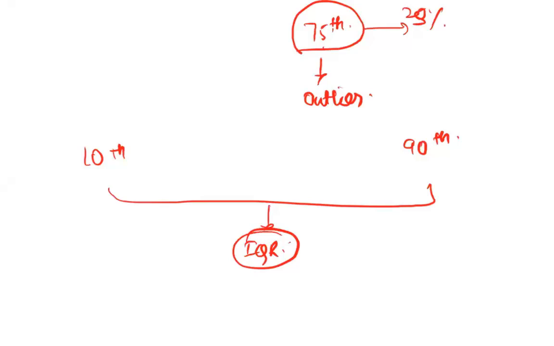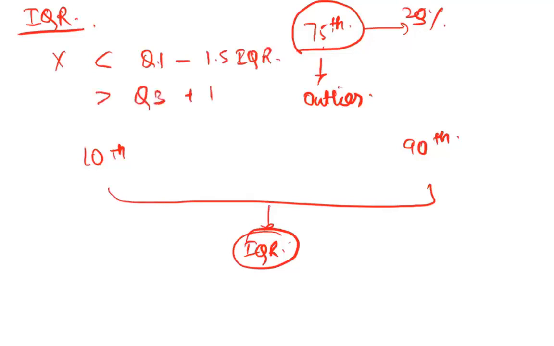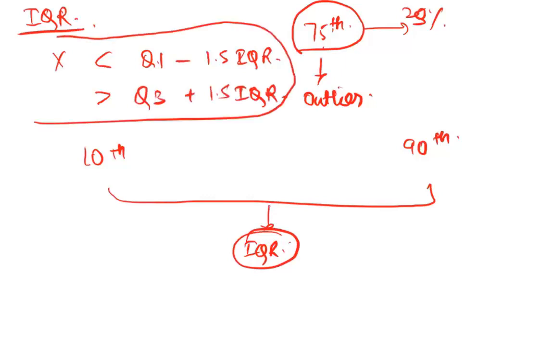This has sort of been standardized as a measure for dispersion. It does not mean that for all use cases, it's just the Q1 and the Q3 that matter. Mathematically, there's an IQR based approach to identify outliers. It goes like this: if your X is less than Q1 minus 1.5 IQR, or it is greater than Q3 plus 1.5 IQR, we call it an outlier. For different kinds of analysis, you can use different percentages. Don't get hung up on the percentage. This percentage is just a standard definition.